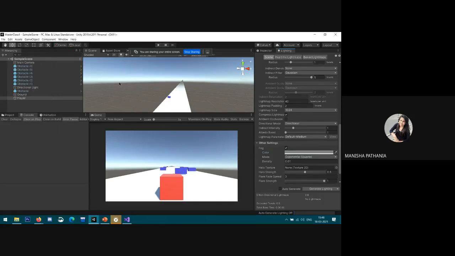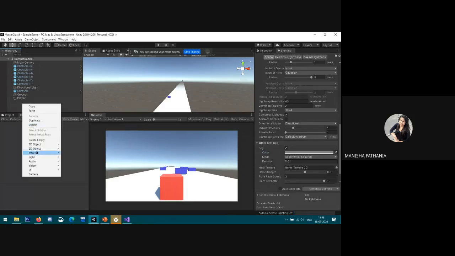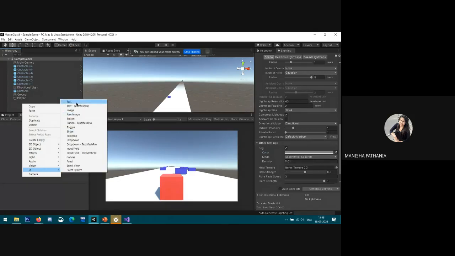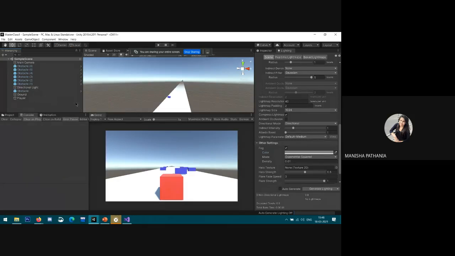So now the next step is I need to add the scores also. For that purpose, go to the hierarchy panel, right click UI, then text first.